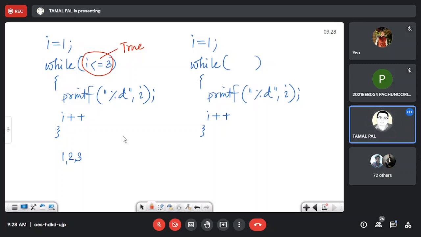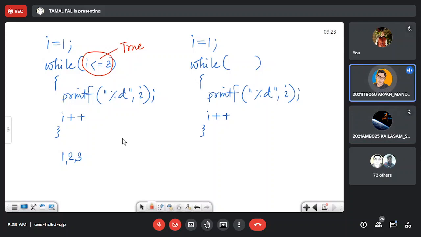Because the boundary limit is up to 3. After 4, it has to test 4 less than or equal to 3. That condition is false. As a result, it will not print.